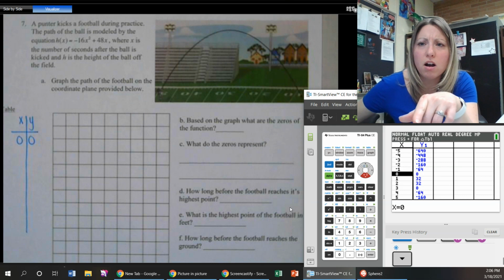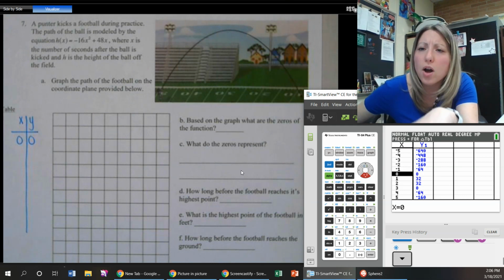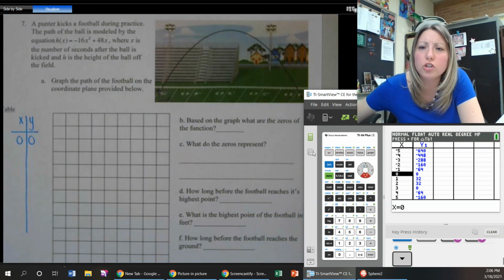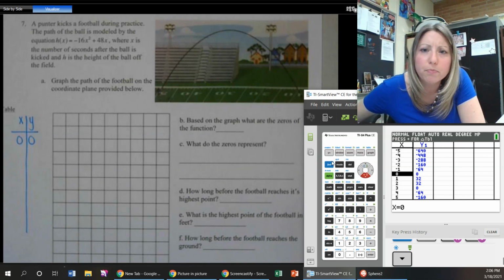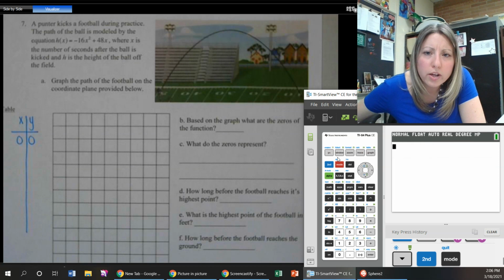Why don't I, you know what? Let's go by half seconds. So let's change this so we can see what we're doing at the halfway points, right? So second and window